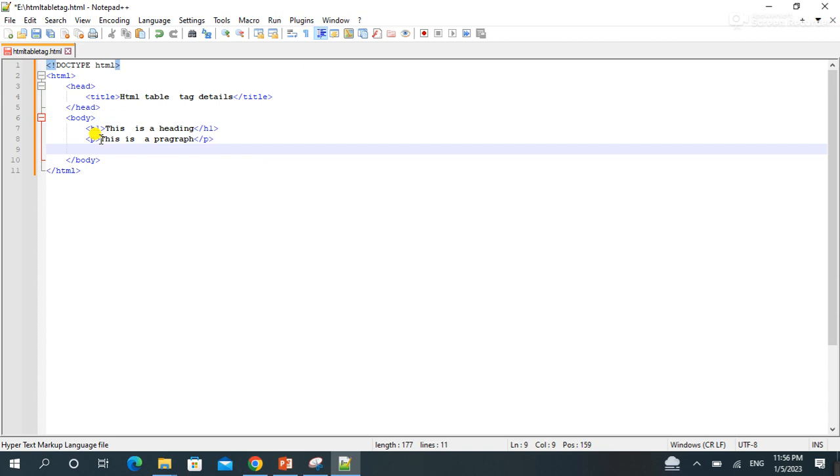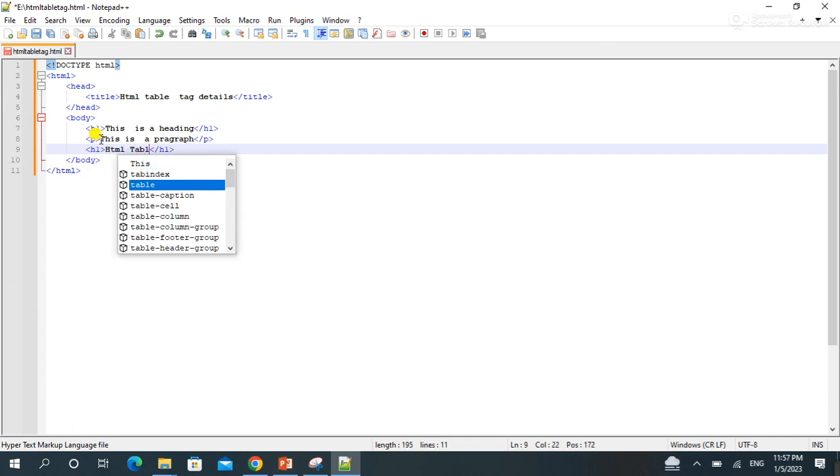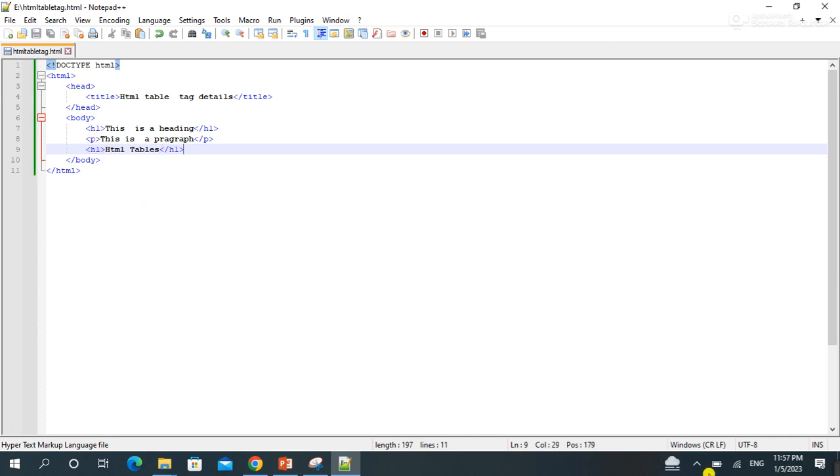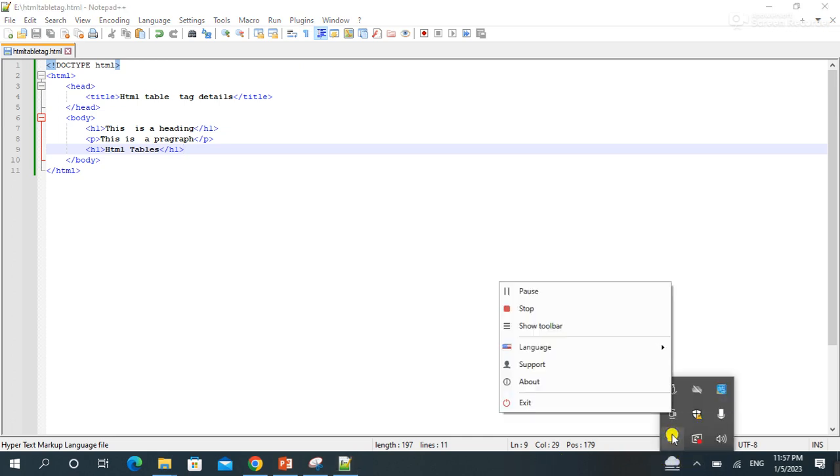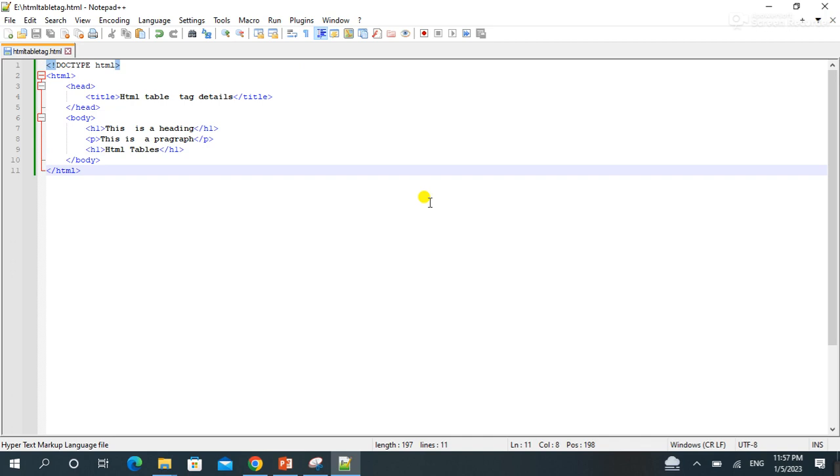Now let's type one more h1 tag, that is HTML tables. So let's see the result. For seeing the result, save the file